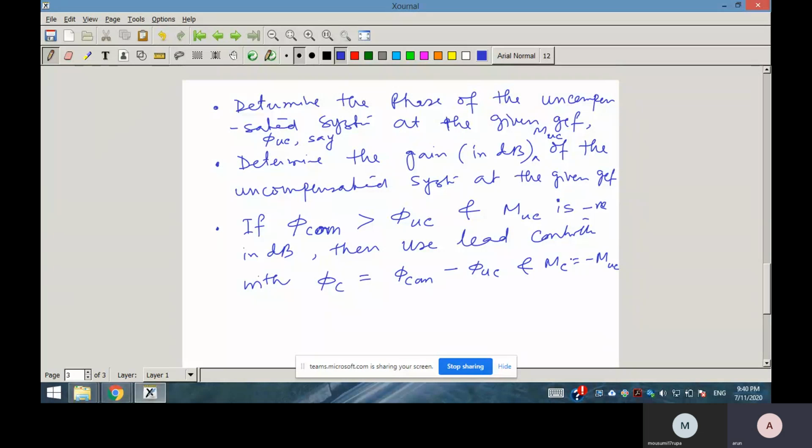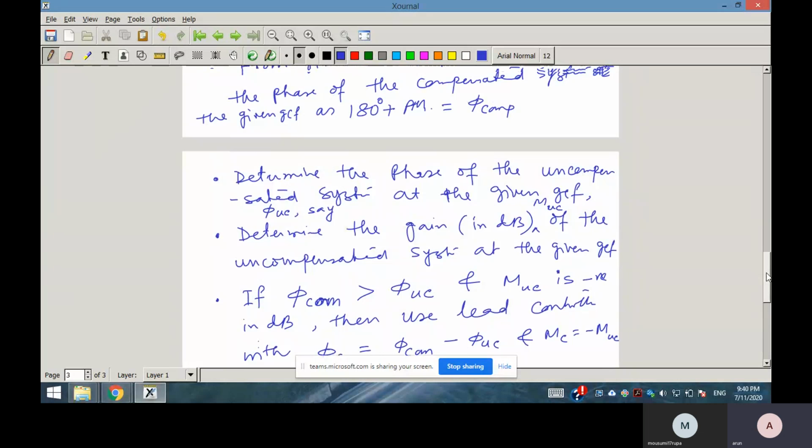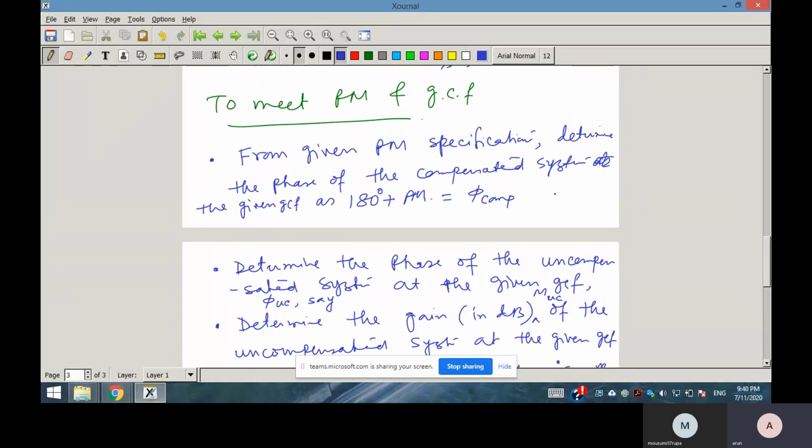What I have done is compute the phase of the compensated system needed at gain crossover frequency, and then the phase of the uncompensated system at gain crossover frequency. Then you will know whether phase lead is needed or not. If phi com is greater than phi UC, then that much difference you have to provide